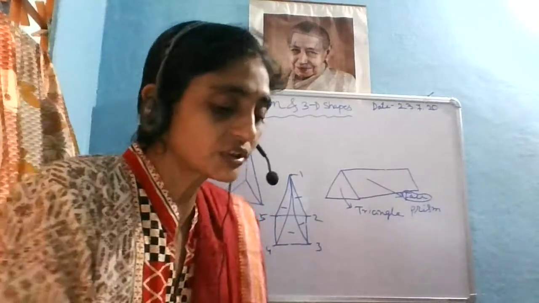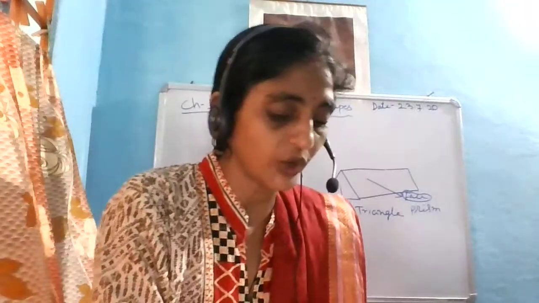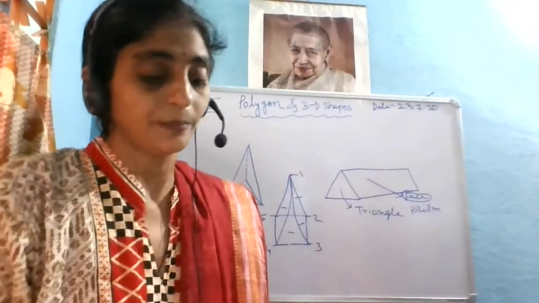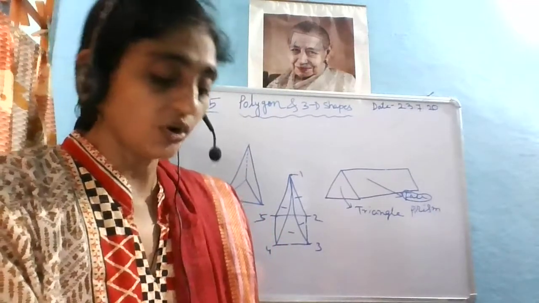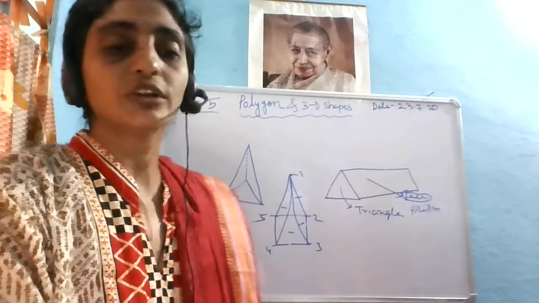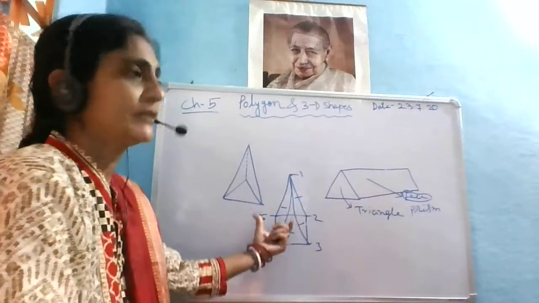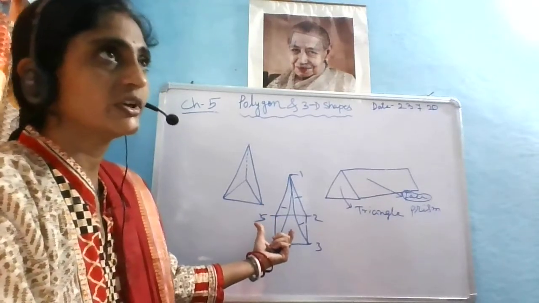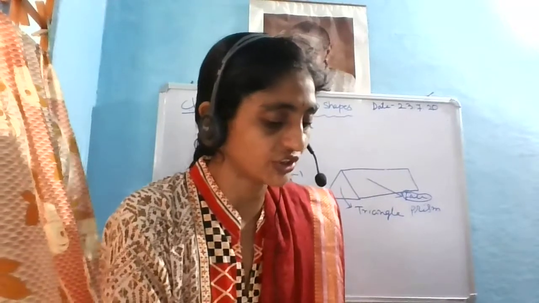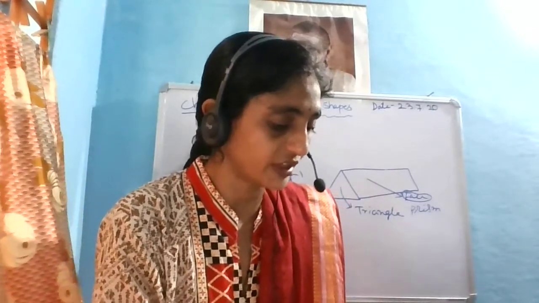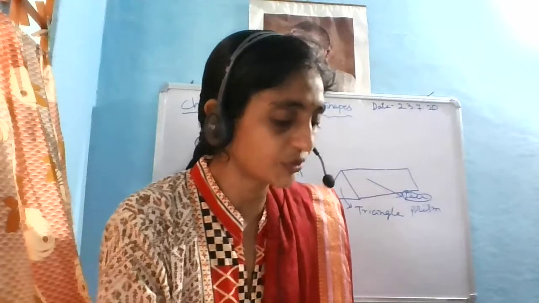So these are the general concepts you have. But if you are thinking of a cylinder or a sphere or a cone shape, you may not get these polygonal faces. These are the different types of 3D shapes. I hope that much is enough for you. Now let's come to the exercise and let's complete it. Whatever doubts you have, we will clear in the next class.